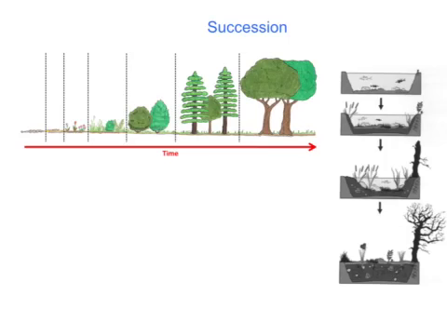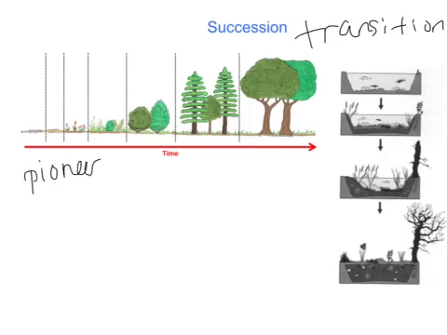The first one being succession. Y'all know what succession is. You know that's that changing, that transition of the community over time. So as time passes, how the community is going to change and transition. And you know it starts with those pioneer organisms. Those pioneer organisms being things like bacteria, lichen, algae, as it works its way up to the climax or stable